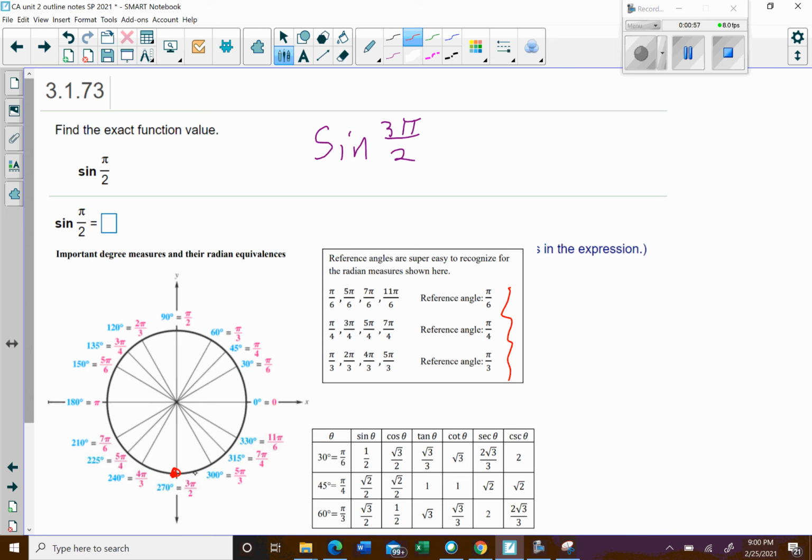It ends up on the y-axis. It's not actually in a quadrant. It's actually on the axis right here. And so that one would be -1. Now, just remember, sine is synonymous with the y value, and cosine is going to be synonymous with the x value